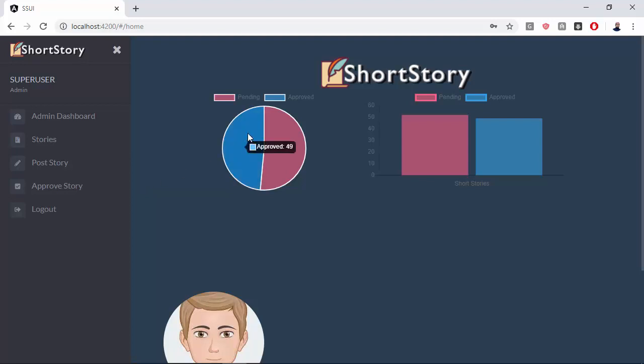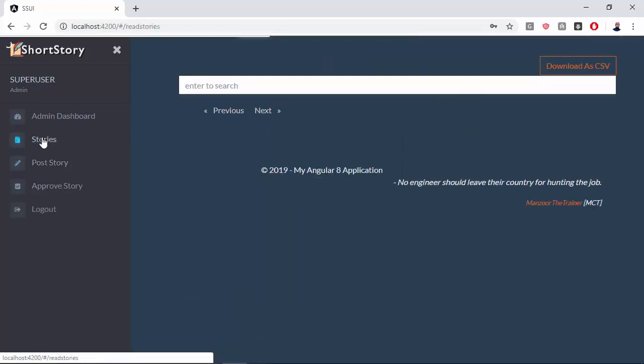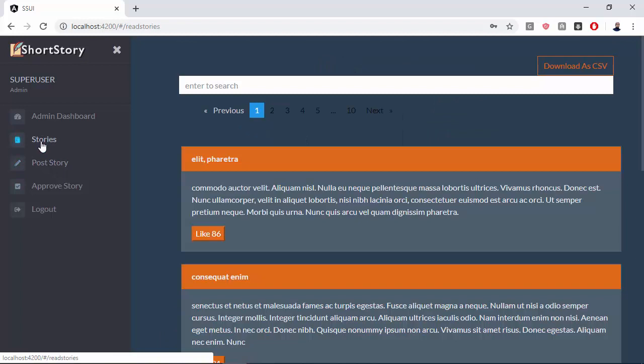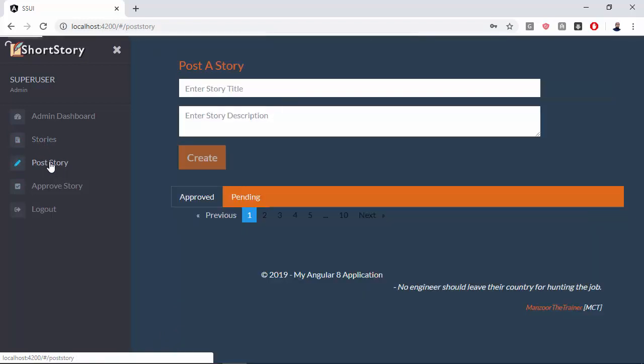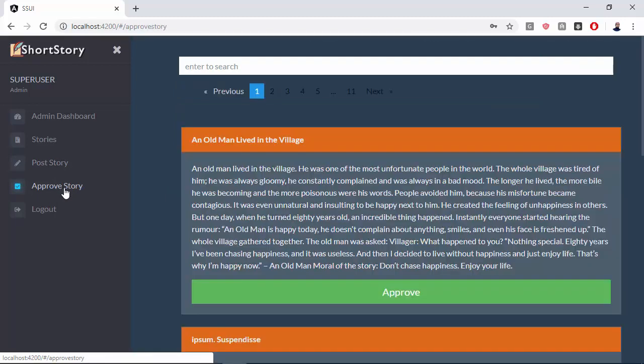So there are 49 pending stories from everyone, sorry, 52 pending stories from everyone, and 49 approved stories. Now admin has one more option apart from post story and read stories. Admin can also read the stories which are approved. Admin can also post stories. Admin can also go for approving stories. So this feature we have given only for admin.